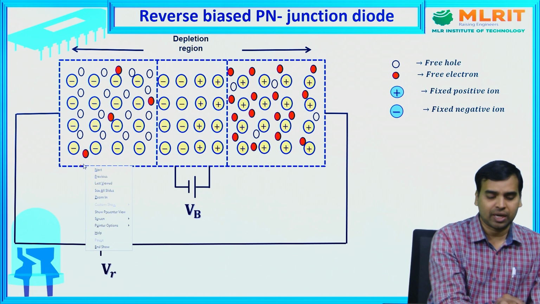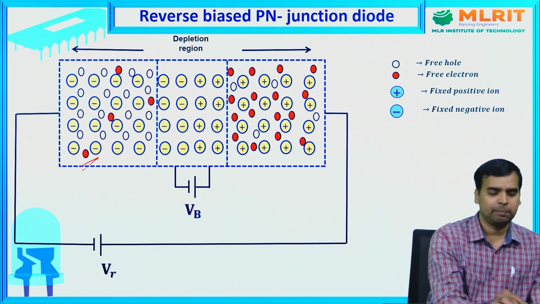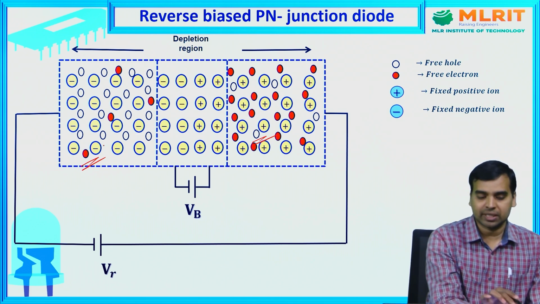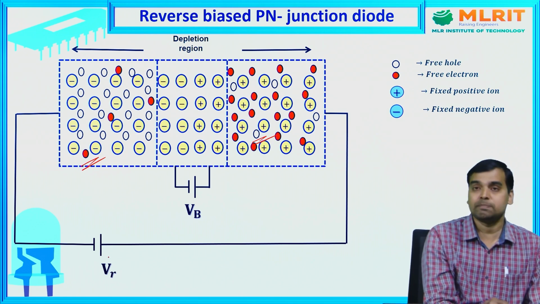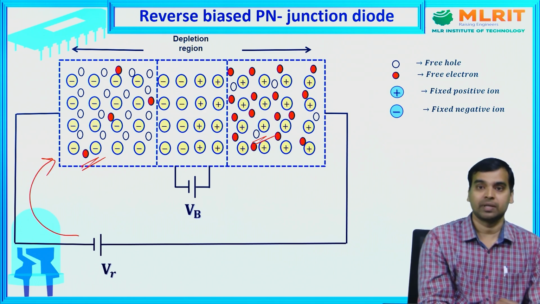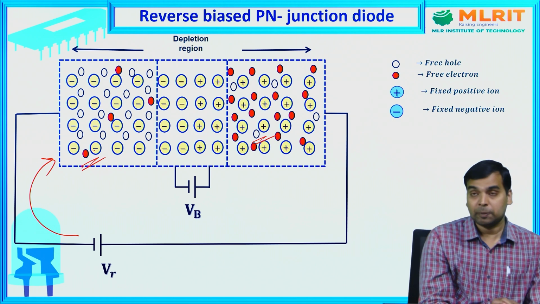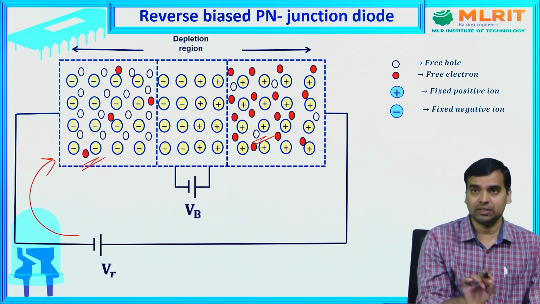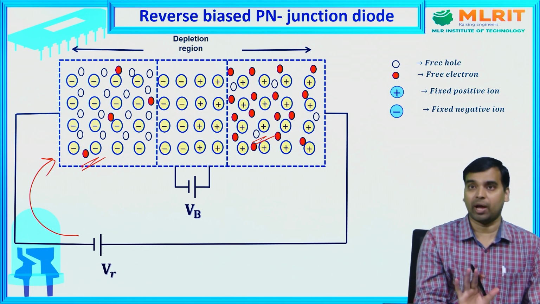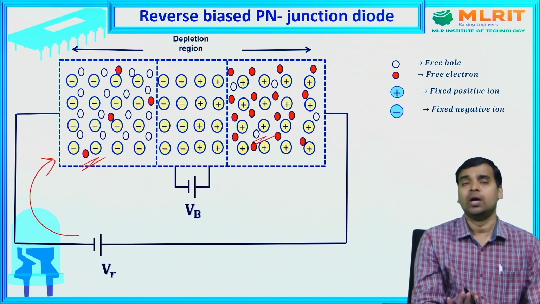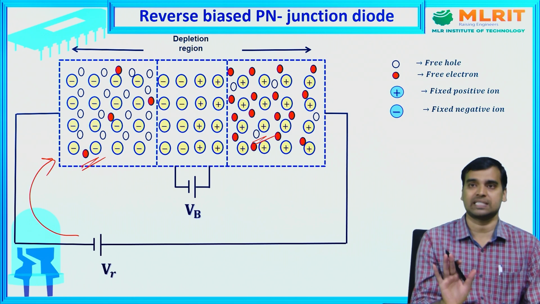I hope you can see here, in p-type the minority charge carriers are electrons, and in n-type the minority charge carriers are holes. To these minority charge carriers, whatever bias we applied behaves like a forward bias, because from here electrons are coming and from here also electrons are coming, so between electron and electron there is a repulsion force. So due to minority charge carriers, there exists very little current flow, in microamperes, when a PN junction diode is connected in reverse bias. That's why in the reverse biased condition there exists very little current flow. That's why a reverse biased PN junction diode offers high resistance. I hope it's clear.